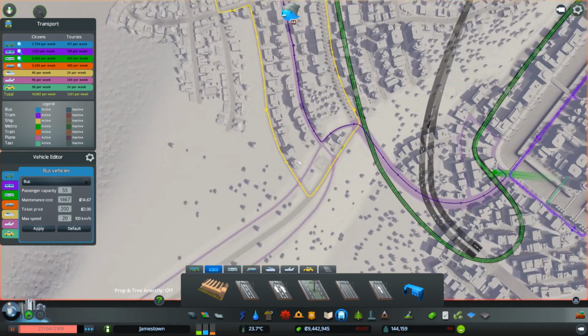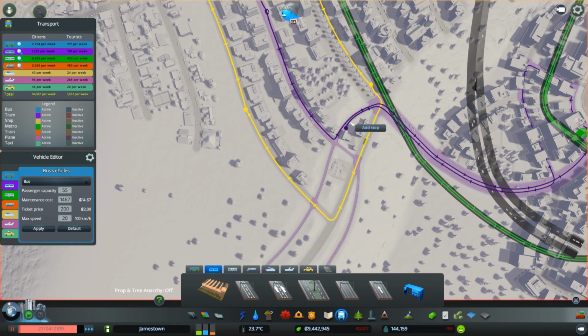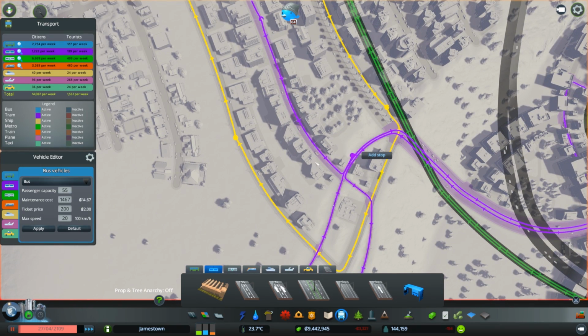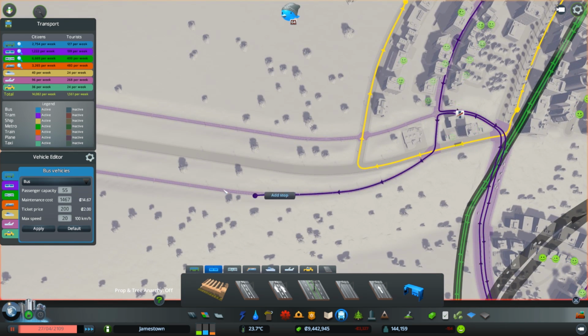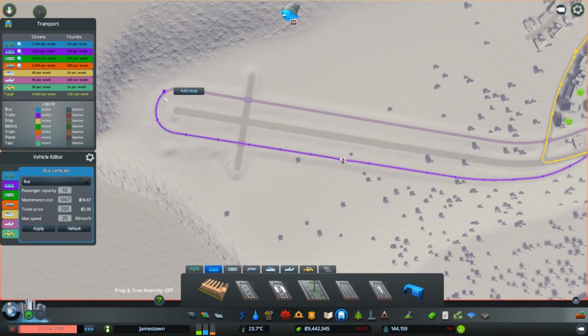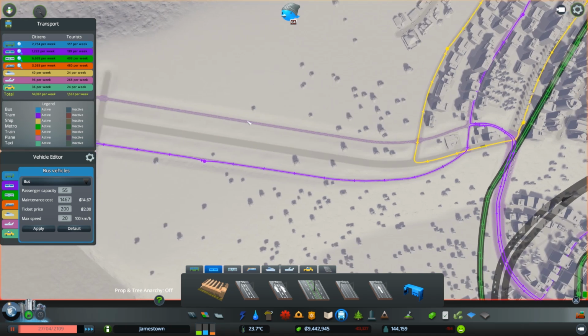Should be annoying, because it would... Maybe we should try and do a stop here on both sides, just so you could transfer to a stop. If we do one... Let's do one there. You'll see what I mean in a minute. We'll do another one halfway up. One at the tippy top, which I guess is there. One...